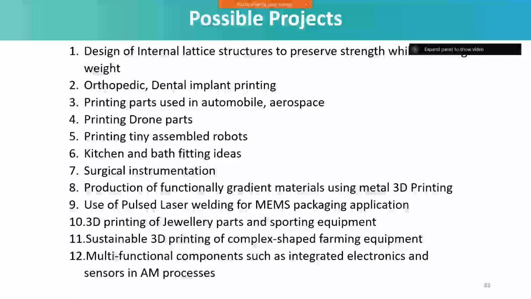What are the possible projects that you can work on with that? Lattice structure based designs are quite appealing for catalysts or other functional applications where you are looking for lightweight or improved strength. You can come out with novel lattice structures that can be printed, which is otherwise not possible with conventional systems. And printing orthopedic or dental implants, printing parts used in automobile and aerospace, printing drone parts,